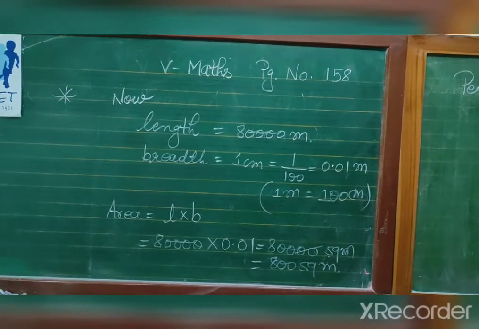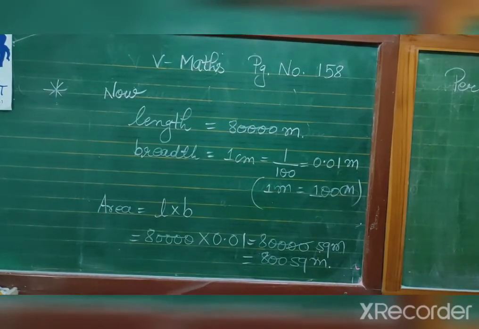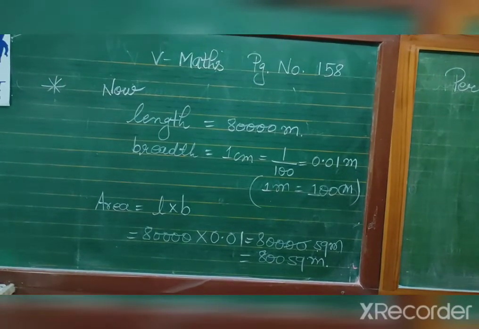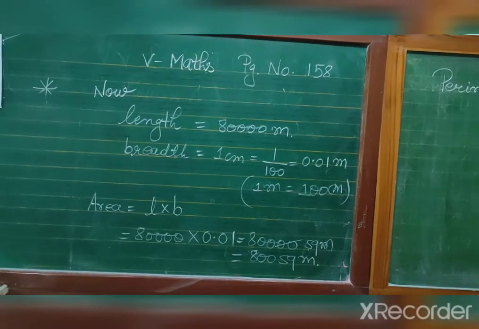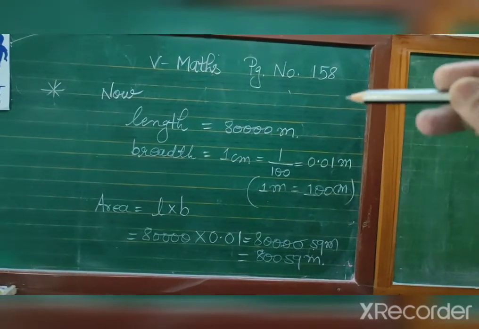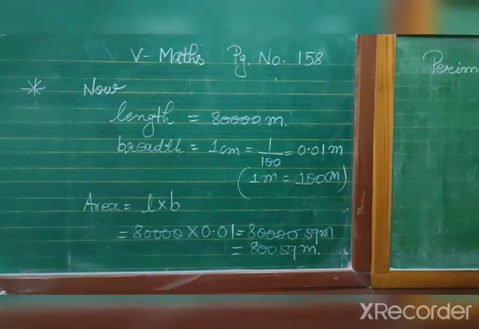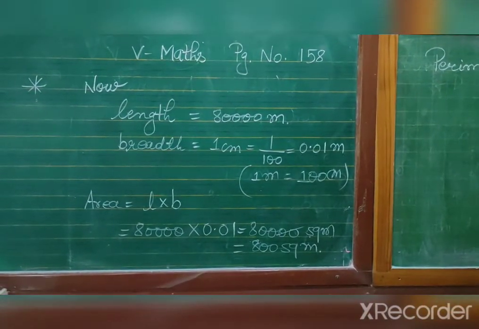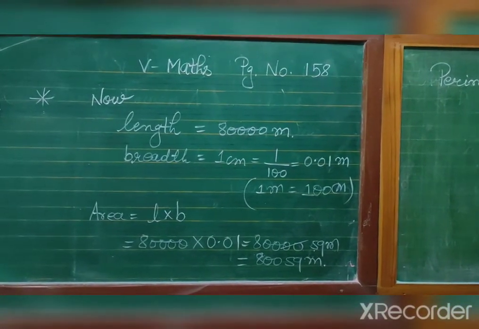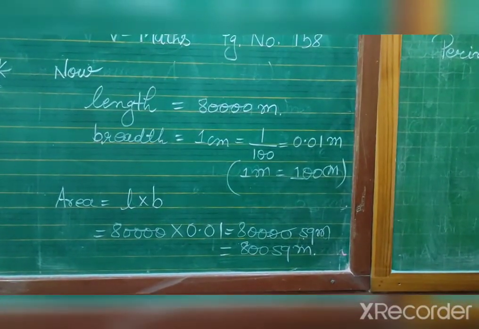Okay, I can make much length of rectangle or wire. I can get so much gold from the king. How? Length has increased, and breadth has been taken as 1 centimeter. Length is given 80,000 meter. Now see here, breadth is given in 1 centimeter. So centimeter we will change into meter because length is given in meter. For changing into meter we will divide by 100 because 1 meter equals 100 centimeter.